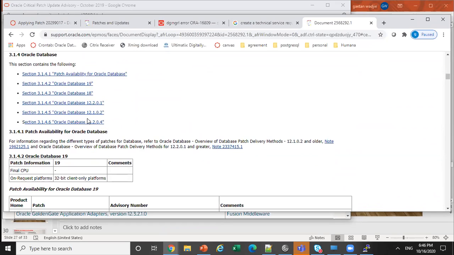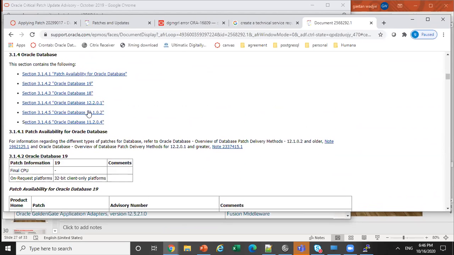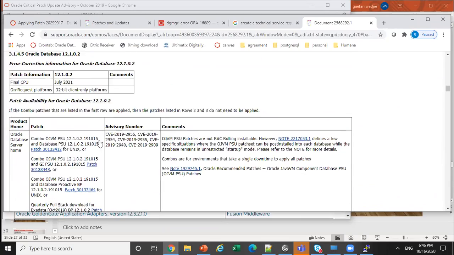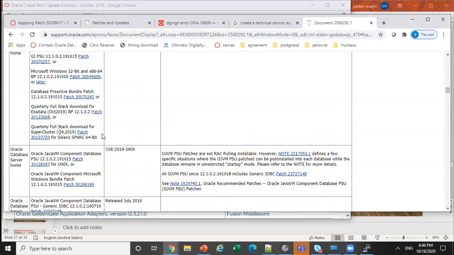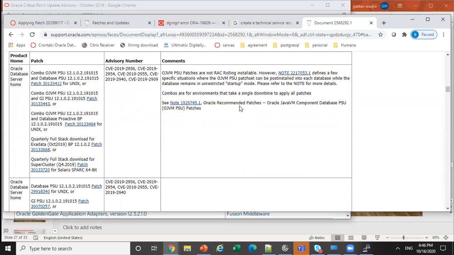So you see now that we have 11.2.0.4, 12.1.0.2, 12.1, 18, 19. So which version you want to apply on, you choose the version you are dealing with. And we give you a table like this. This is from this table, that's where you will see patch IDs. Okay, that's where you will see patch IDs. And if we differentiate, you will see here, for instance,